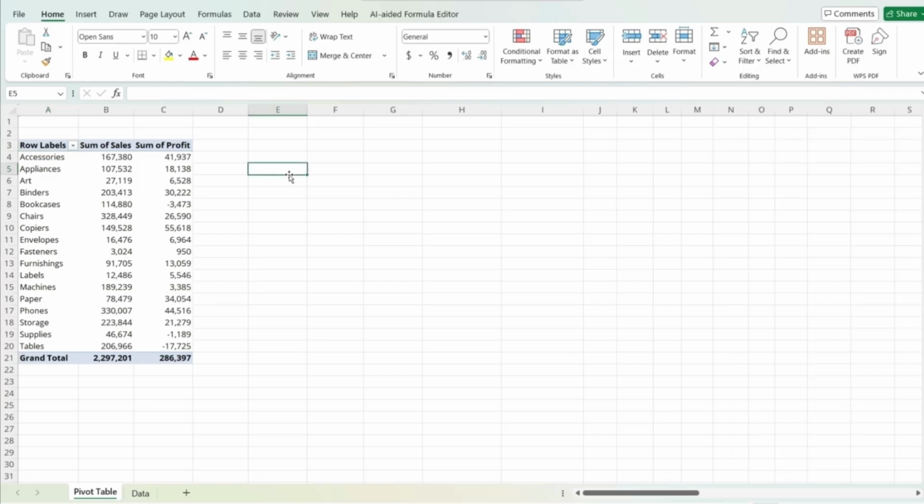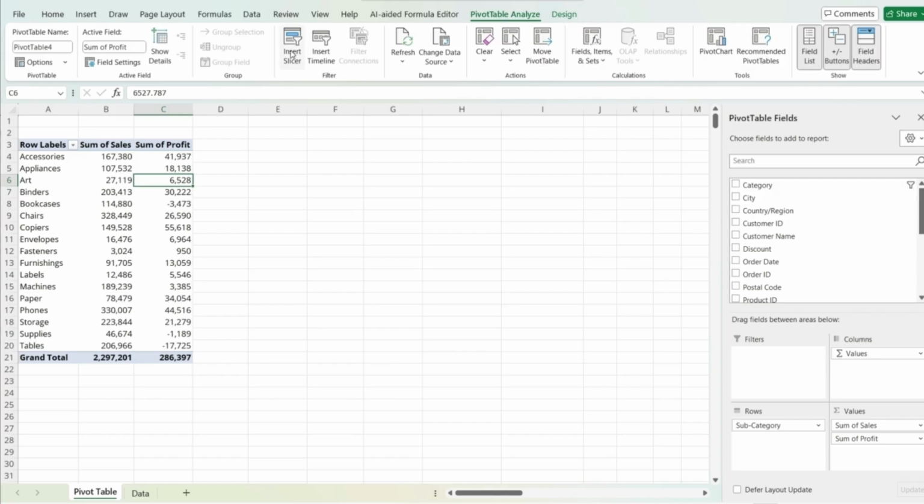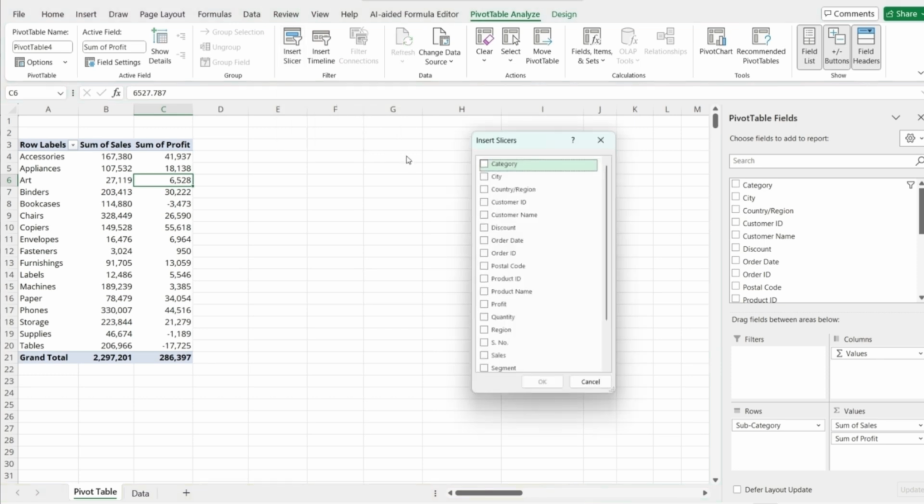To insert a pivot table slicer, click anywhere on the pivot table. So once we click on the pivot table, we will get a tab called Pivot Table Analyze. So we click on Pivot Table Analyze, and here we have the option to insert a slicer. So we'll click on Insert Slicer. Here we can select the options we want. So what we will select over here is the category of the product and region and click